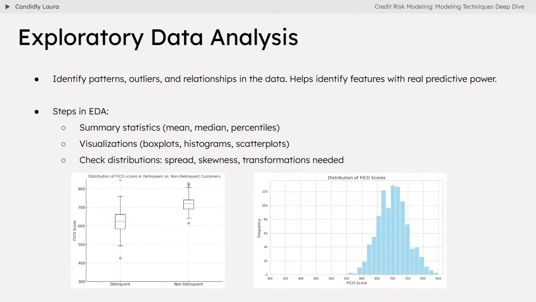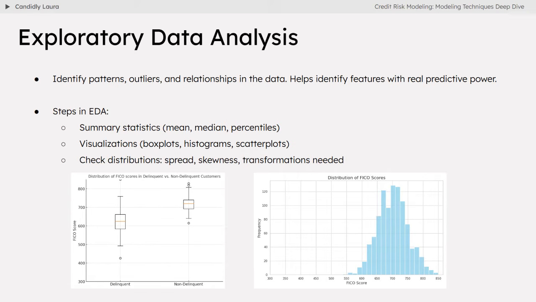The modeling approach will give you the general structure of the model. Then you'll need to decide which features go into the model. Once you collect the data and understand the business context, the next crucial step is exploratory data analysis, EDA, and feature selection. Exploratory analysis is where we dig into the data to identify patterns, outliers, and relationships between variables. We look at distributions and correlations, and we start to get a sense of what might drive credit risk outcomes